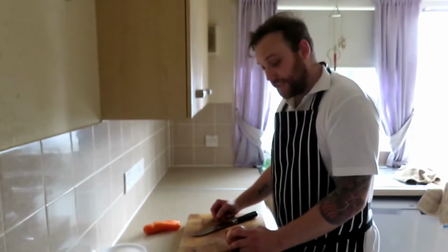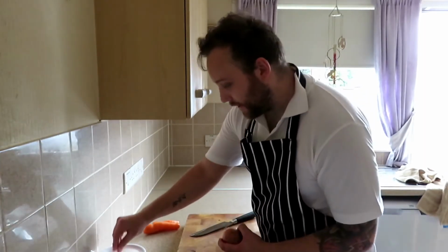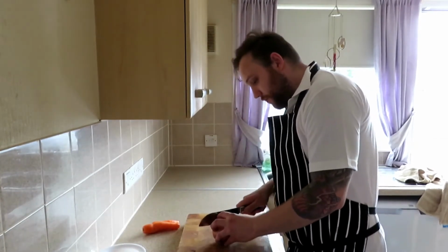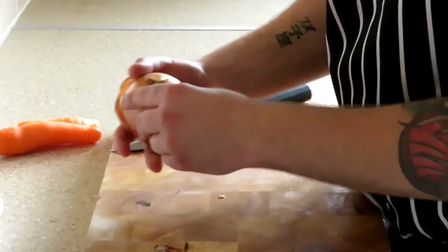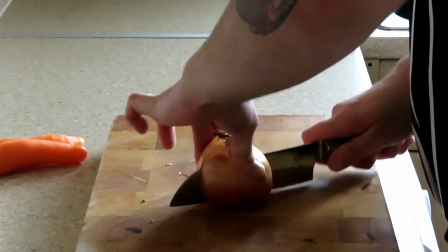Onion. How do you cut an onion? How do you finally cut an onion? It's really easy when you know how. So I'm just going to give you a little bit of pointers. I've got a little bowl here just to put the trimmings in. First thing I'm going to do is just take the tail off. The root here, we want to keep that. And then we're just going to go in half down the root